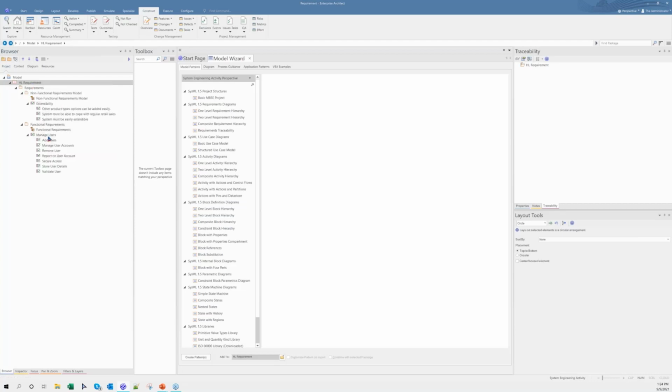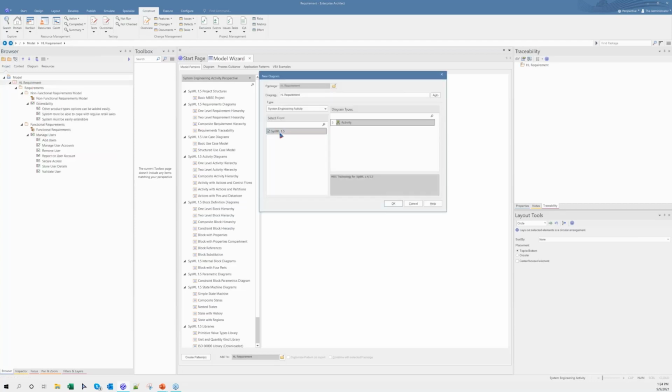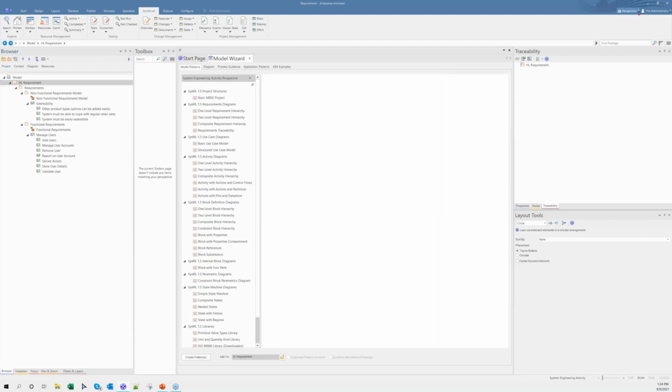Okay, I need to configure it further, but you can see that I have the system activity diagram alone, and the huge list of technologies in the personal list has been restricted to the system engineering activity. So let's try to assign it to a user group and check how it works along with the toolbox configurations.